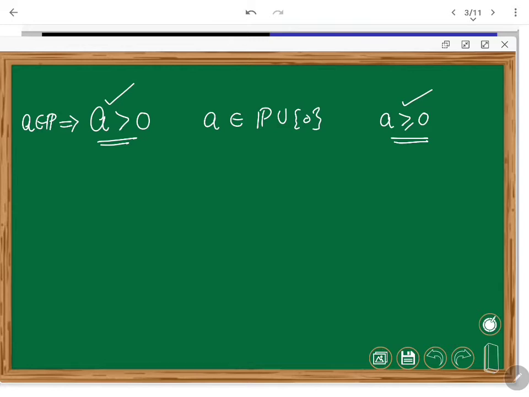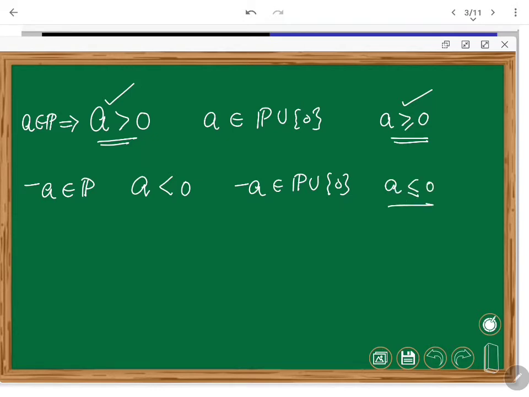Very similarly, the other side we can have it. That is, if minus A is in P, then we will write A is less than 0, strictly negative or a negative real number. Similarly, minus A is either in P, or if you are allowing 0 also, we will use the notation A less than or equal to 0. So the familiar notations are having a nice meaning now. And if such a member A satisfies this condition, then we call it a non-positive real number. So all these notations you can implement and give definitions like that.